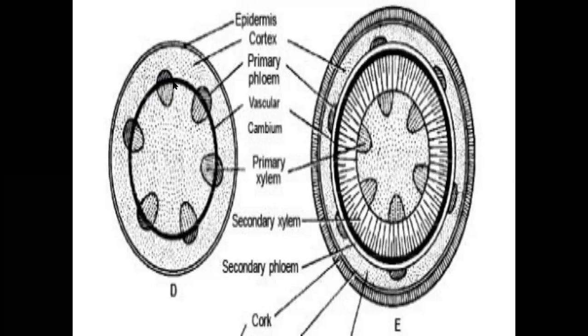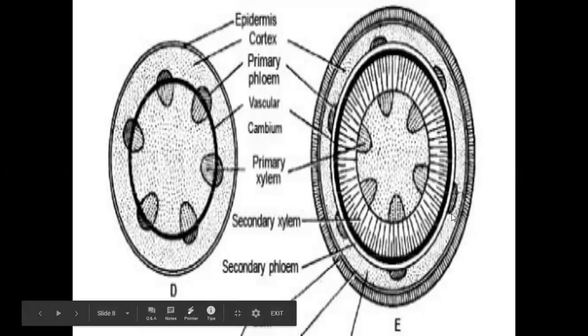Already the vascular bundles contain cambium tissue, called vascular cambium. Here there are two types of cambium tissues: one is intervascular cambium, developed by the medullary rays, and the other is vascular cambium, present in the vascular bundles. The vascular cambium combines with the intervascular cambium to form a ring-like structure, called vascular cambium. Once the vascular cambium is formed in the stele, it continuously participates in the secondary growth.